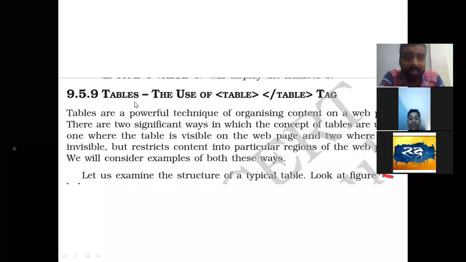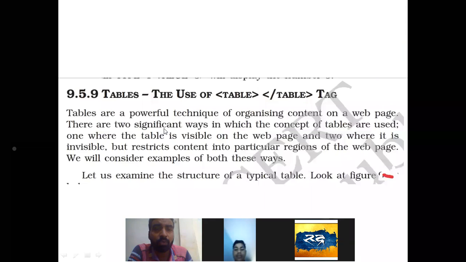So here the same thing is being told: the use of the table tag. Tables are a powerful technique of organizing content on a web page. There are two significant ways in which tables are used.